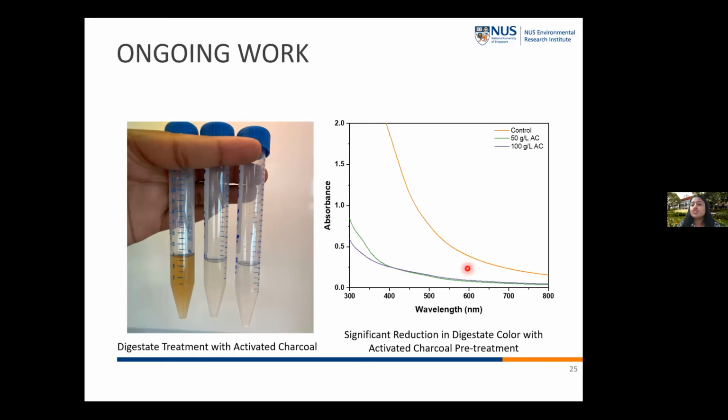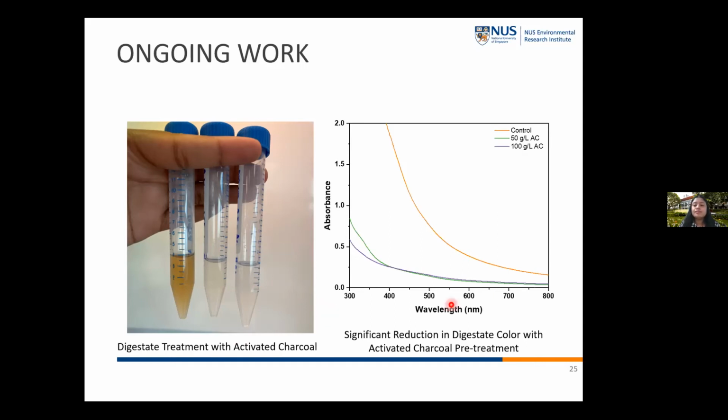We also looked at the UV spectrum here, and you can see that the blockage in the 400 to 700 region was only high in the control, while with activated charcoal, we could bring it down significantly. So we will be going after this idea. We will also try different kinds of biochar, since activated charcoal could be expensive for a pre-treatment. So we'll try different biochars and see if we can remove the color from the digestate. In that way, we will be able to cultivate our microalgae in undiluted digestate.